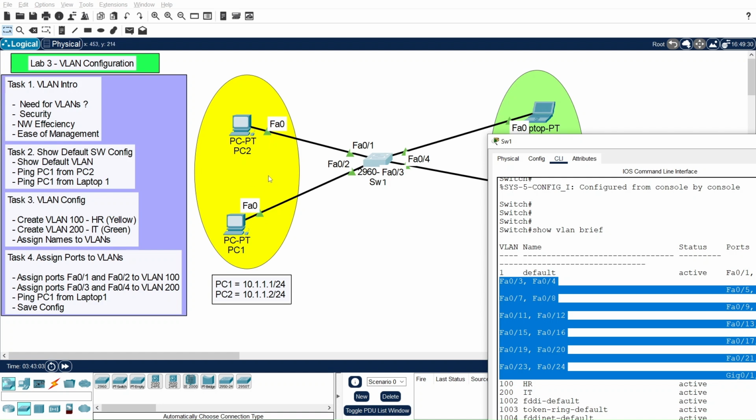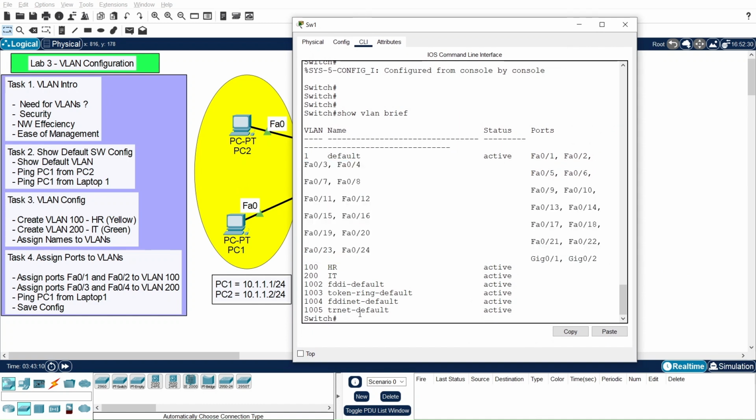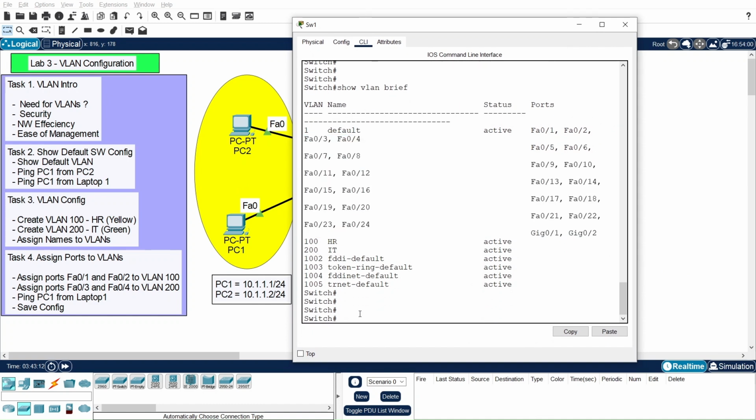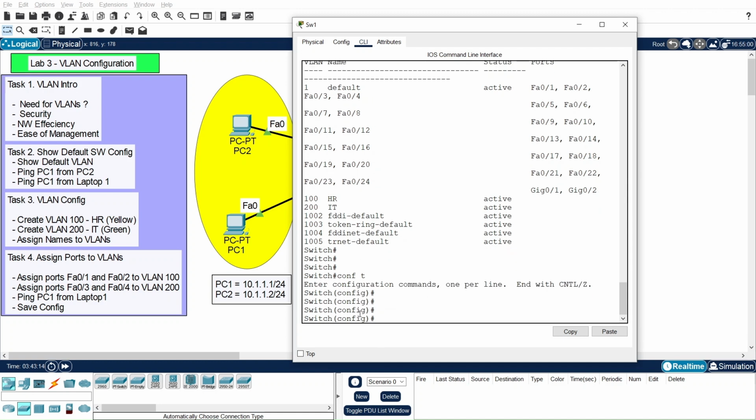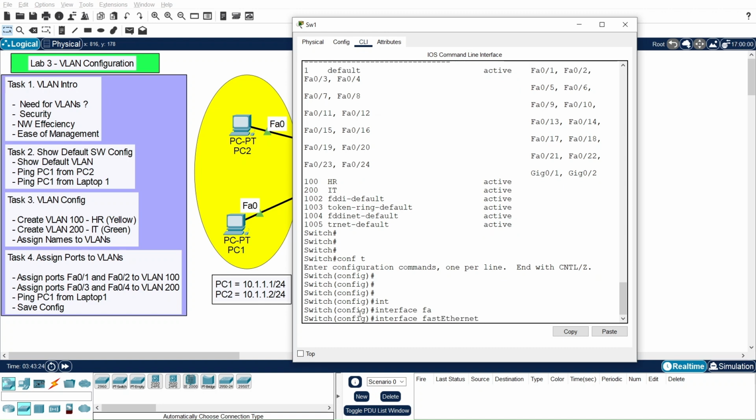We will assign these interfaces to VLAN 100, which is this yellow HR VLAN. So again, we will go to the global configuration mode, and to assign an interface to a VLAN, we will go inside the interface FastEthernet,